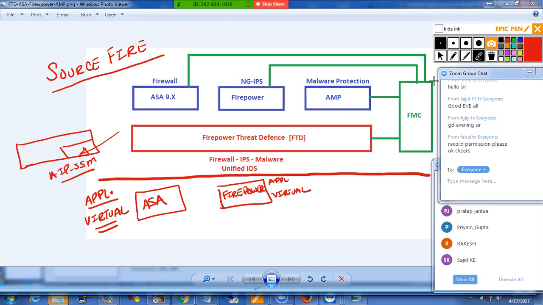Okay. Now the additional thing that they've done, which was not there in the older versions, they have given you the ability to do advanced malware protection, which the old IPS did not have the capability of doing, or had limited capability of doing. Now they have a full-on network advanced malware protection device, which is again an appliance, it's software, it's a license that you can include with your firepower. So that's your AMP,